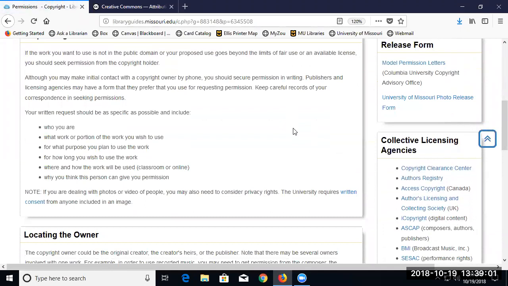I guess one question would be when you need to ask for permission. So I think if you are quoting somebody and you're not quoting more than a paragraph, I wouldn't think you would need to get permission, because that's a very limited portion. You're just making commentary on it. So I don't think that would even require permission.